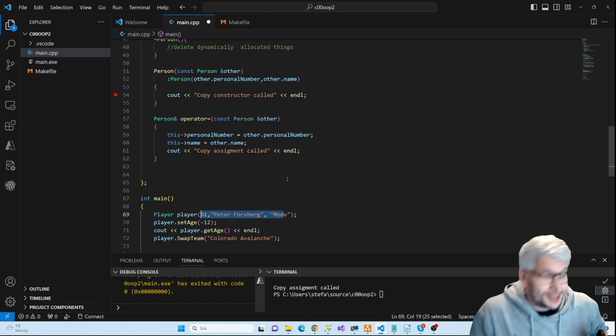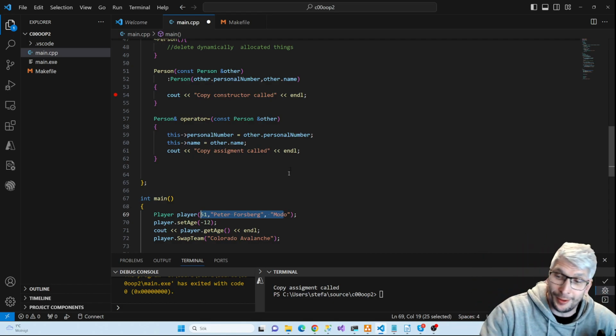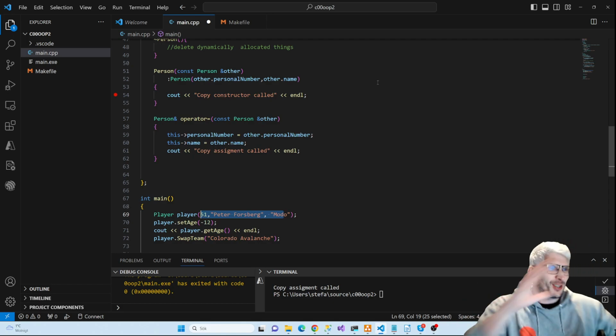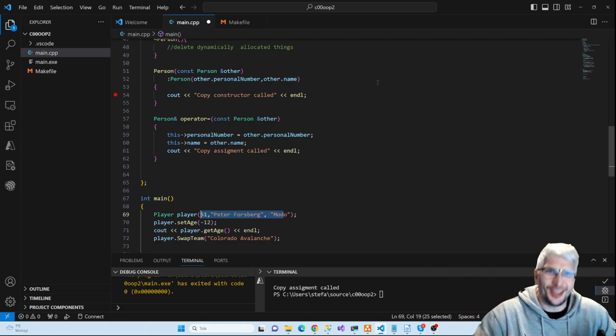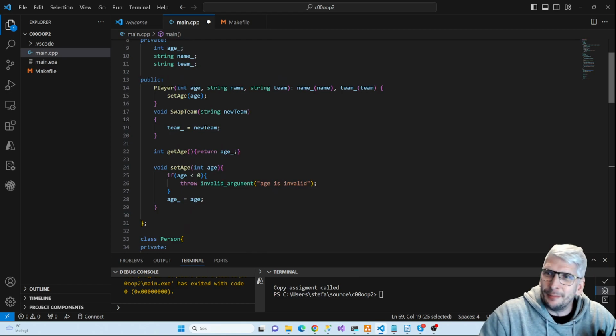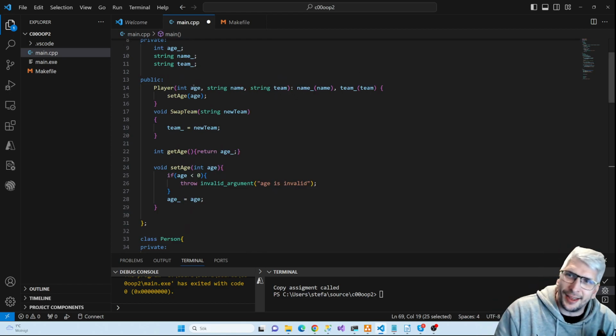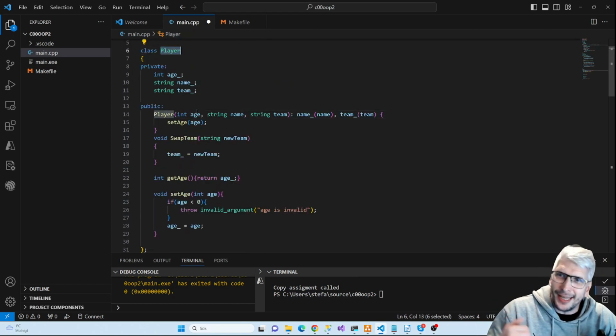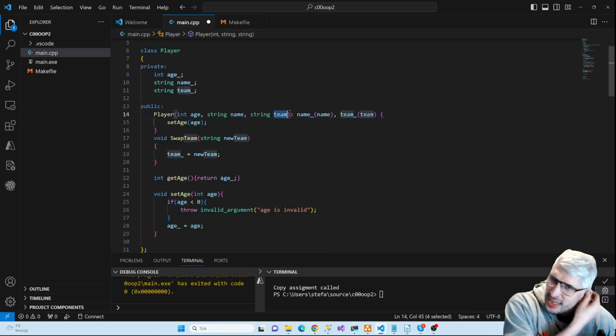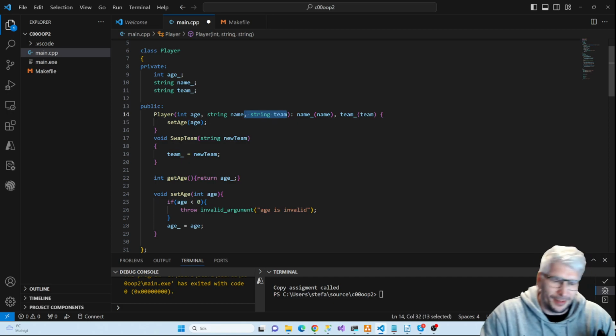But it's in conjunction with the system and the context and so on. Here I decide that every player needs to have an age, a name, and a team. The team might be a little weird, because there are players without a team. But anyway,